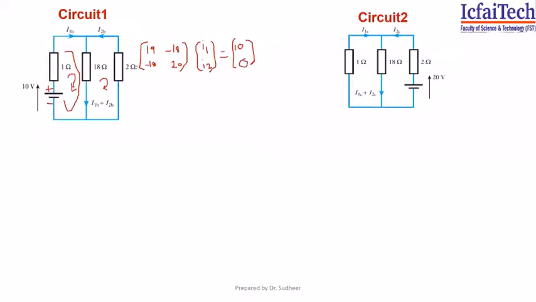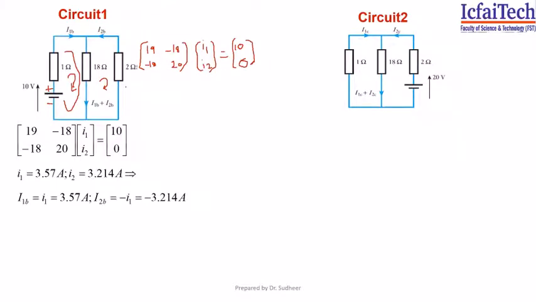This is the simplest method. Apart from this method, you can use any other method. You can go for nodal analysis, or you can treat these two as parallel and those in series, find out the total current, then use the current division law. Okay, so I'm going for a direct mesh analysis method from inspection. Directly I can write down the matrix equation.